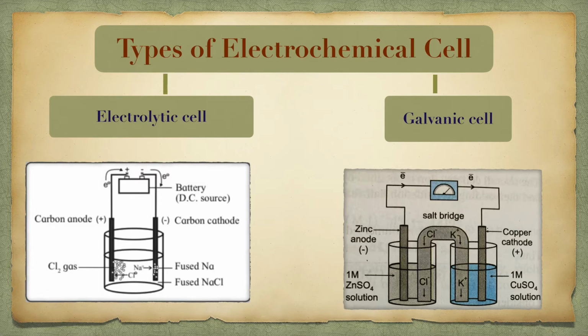Reduction will take place. Now this electrochemical cell in general has two half cells. Both the electrolytic cell as well as the galvanic cell have two half cells. Each half cell consists of an electrode and an electrolyte. The two half cells may have the same or different electrolyte. So if they have the same electrolyte, we will use only one beaker. If they have different electrolytes, then we'll have two beakers. Hopefully you understood this.